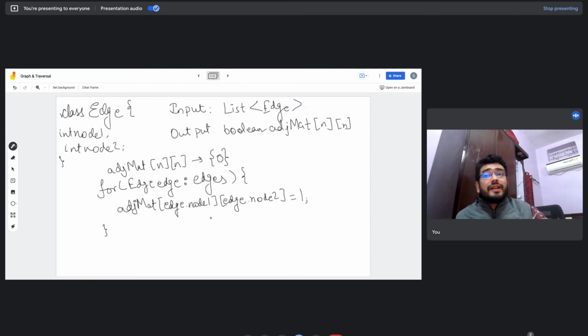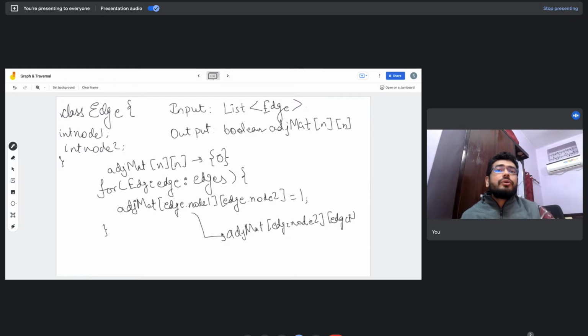Now in case of an undirected graph, we'll have to add one more statement over here, that is, adjacency matrix of edge of node 2 comma edge of node 1 will also be set equal to 1.